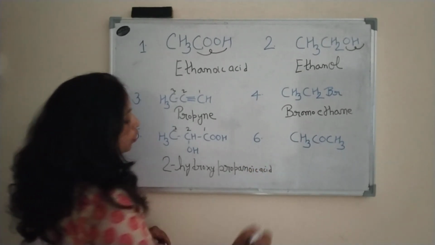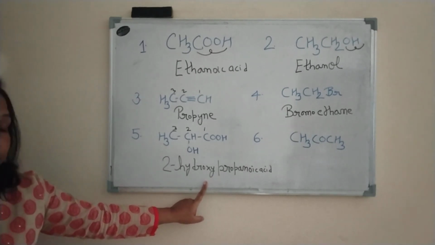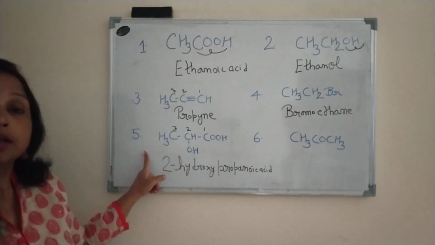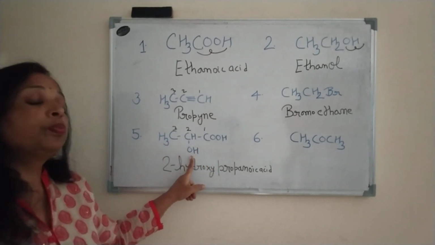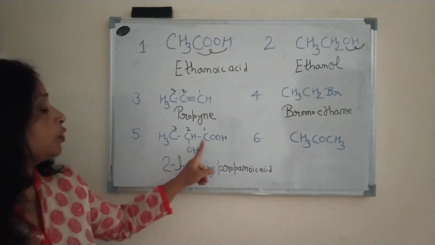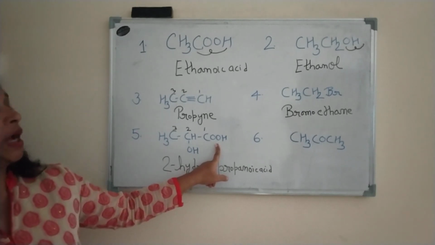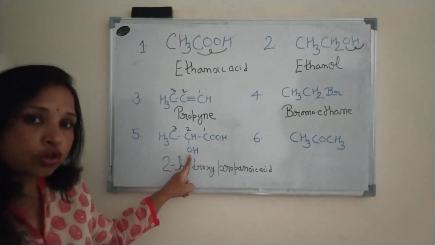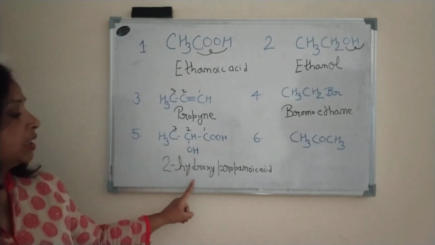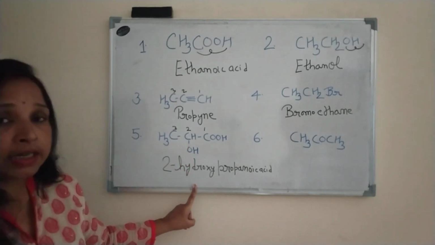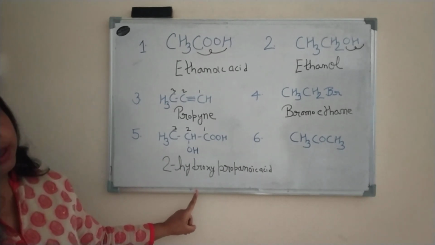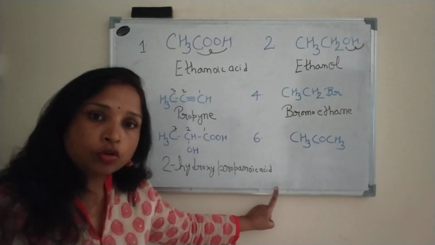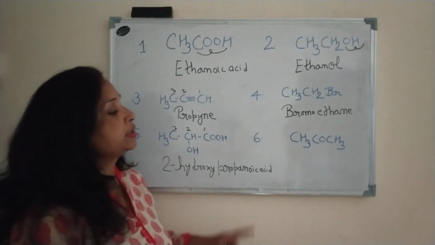We remove the E of propane and add oic acid. The longest continuous carbon chain is of 3 carbons and there are 2 functional groups present. So we give preference to the senior-most group, the carboxylic group, and use the prefix of the OH group, which is hydroxy. The OH is attached to the second carbon. That's why the name becomes 2-hydroxypropanoic acid. Got it?